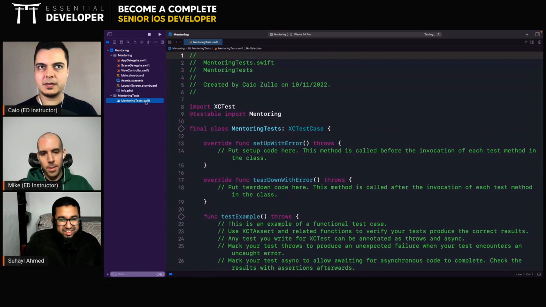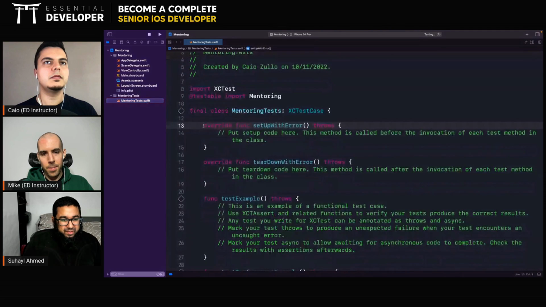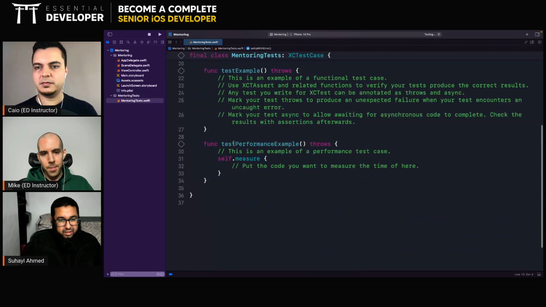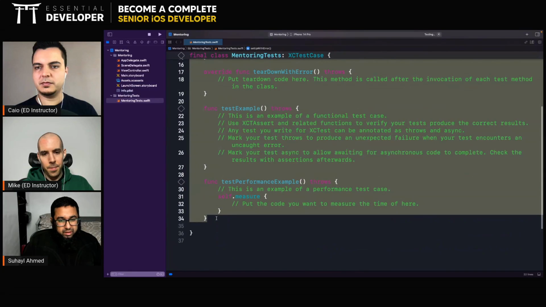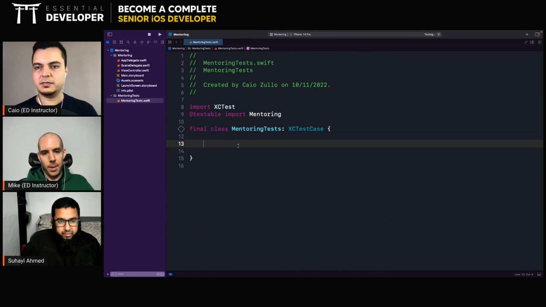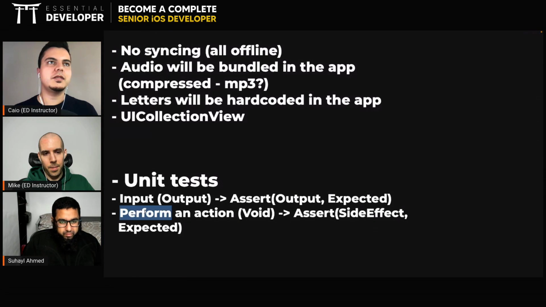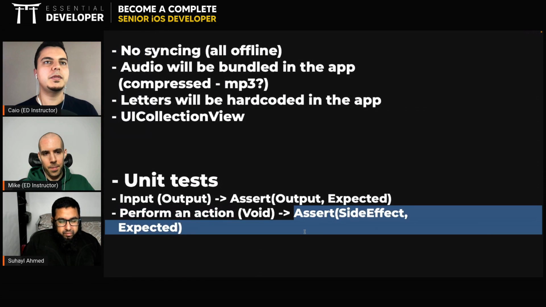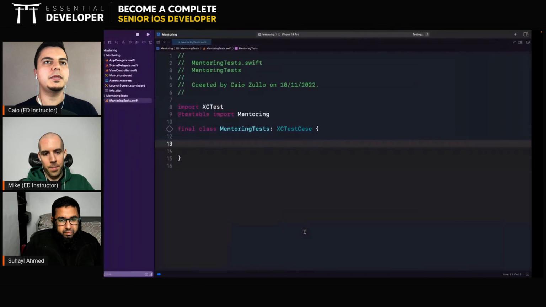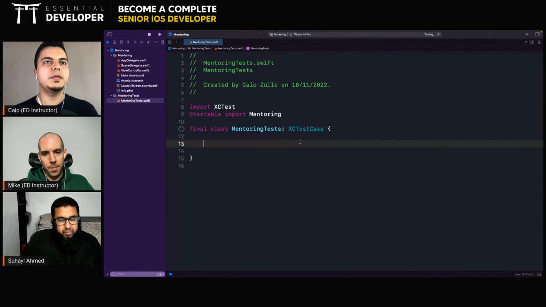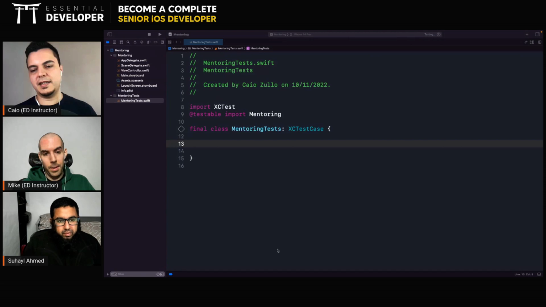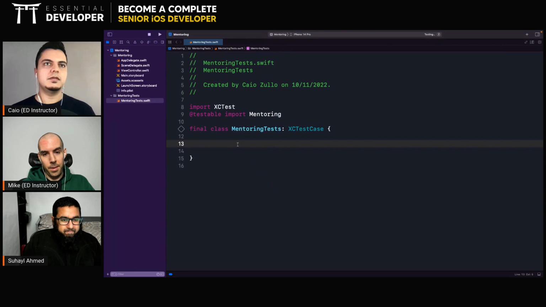Okay. So we create a project. We get a test target already, empty, just with some commented out code that we don't need. So remember, testing the user interface: perform an action, you inspect a side effect. So we can think about some test cases here. What will be the first test case? The simplest one. Remember, always start from the simplest test case.